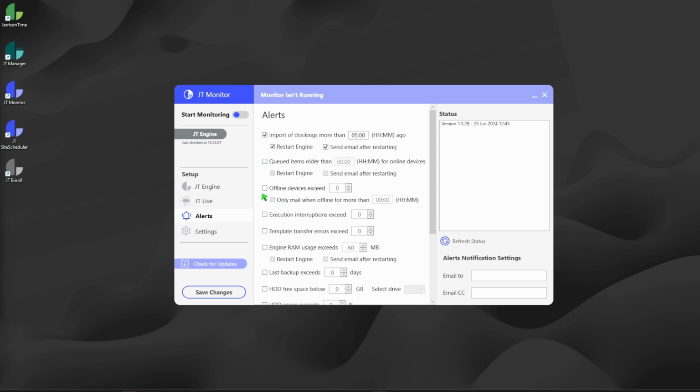Then we have the offline devices exceed alert. If any devices enabled in Jarrison Time are offline and the total exceeds the amount inserted, it will be triggered. Related to this alert, we have the only mail when option. This is used to send an alert if devices have been offline for an excessive amount of time, followed by